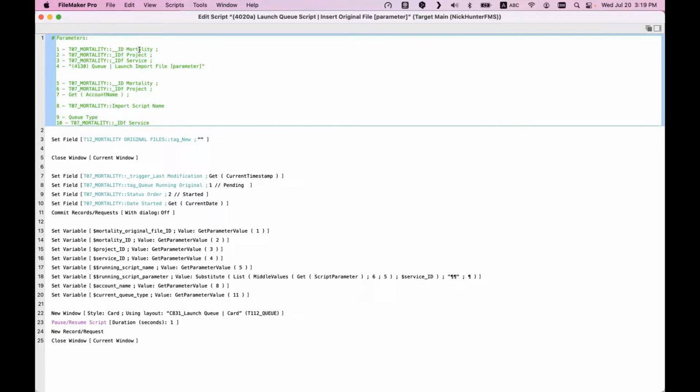First, I have the ID modality, the main ID, which is the parent key. Then I have the foreign key for project and the foreign key for service. And then here I have something hard-coded: the name of the script that the bot is going to execute. So I have these first 4.